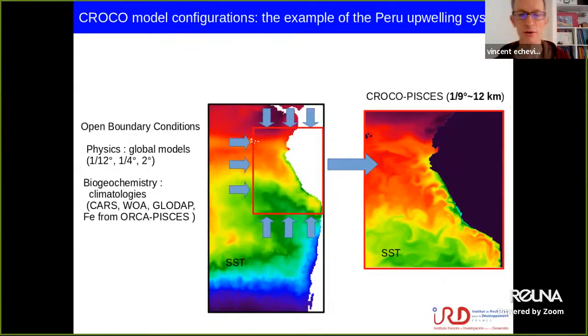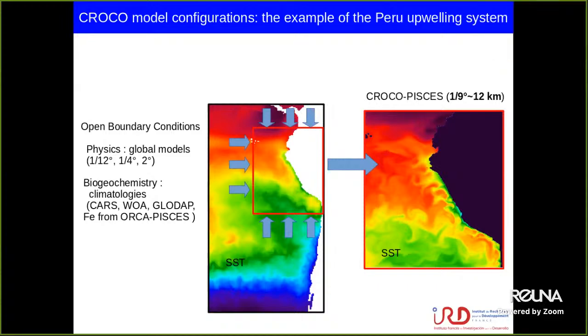But of course, it depends on the grid that you use for your model. In our case, the grids are around 10, 20 kilometers. In this present case, it's 12 kilometers for this Peru grid that you can see on the right side. And also for biogeochemistry, we need boundary conditions and initial conditions. Unfortunately, there are no models, to my knowledge, that are presently realistic enough to provide correct initial and boundary conditions. So what we use generally are climatologies